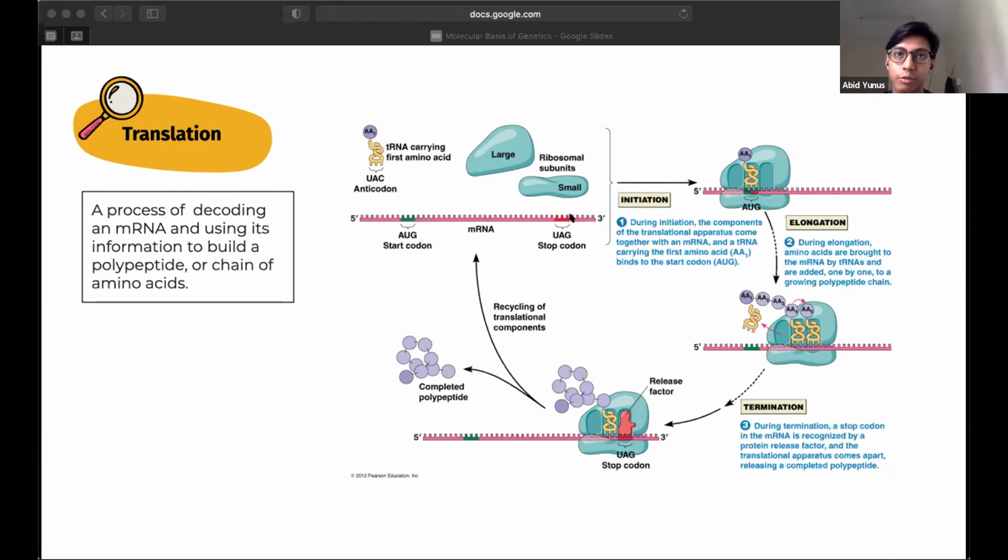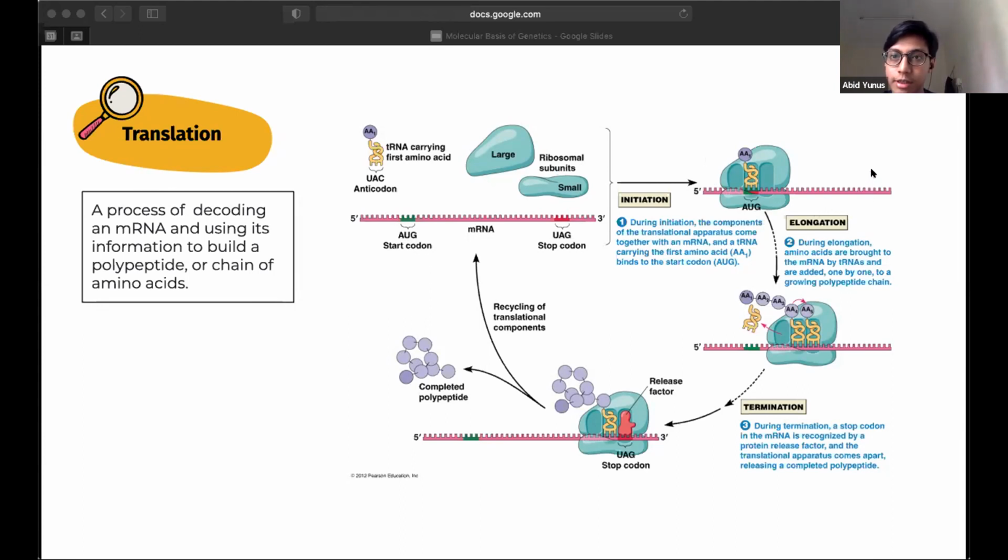It will read the codons one by one, and when it moves to the next codon, another new tRNA will enter the complex, carrying a specific amino acid. The amino acid from the previous codon, for example methionine, will attach itself to the amino acid on the second tRNA,